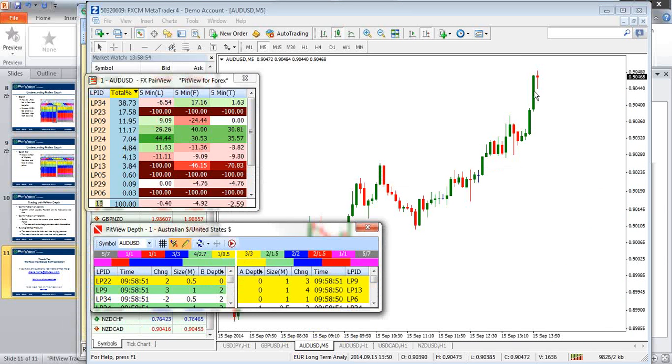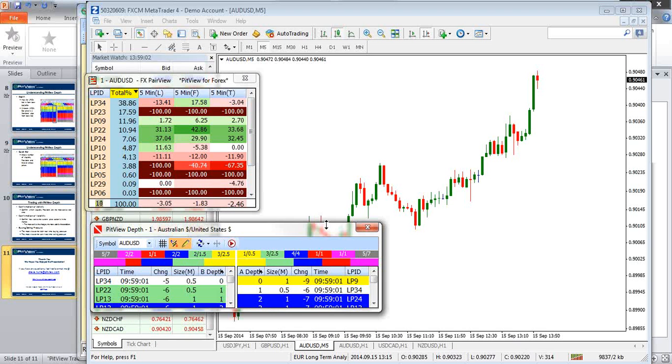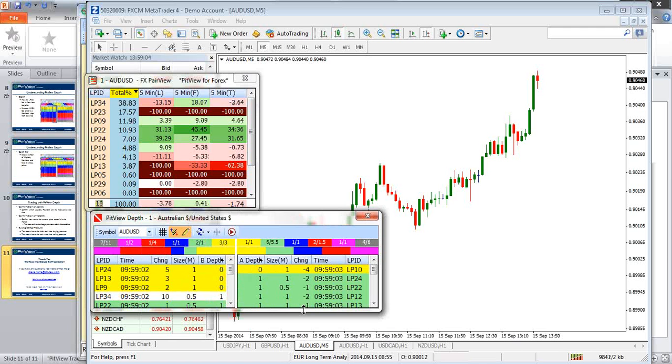We see that it's been going up here on the 5-minute chart. It's been going up here. It's up about 10 or 15 pips in the last couple of minutes. When you look at it on that 5-minute chart, though,